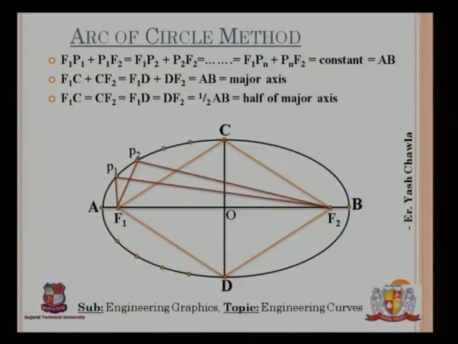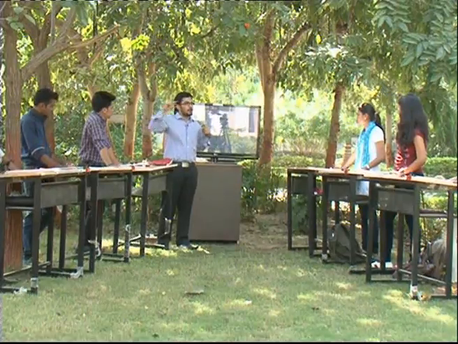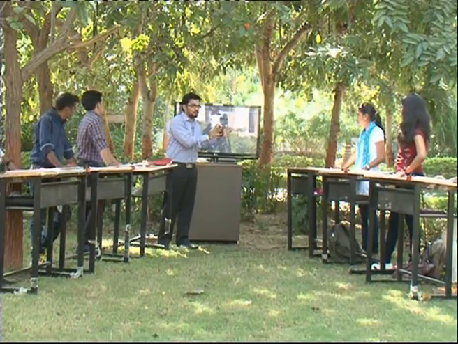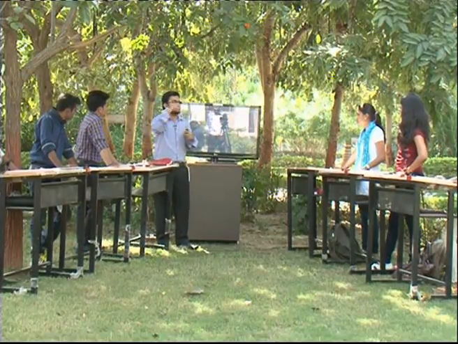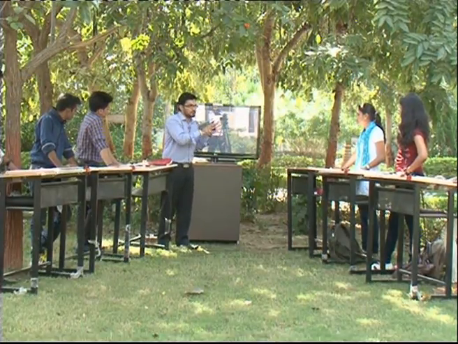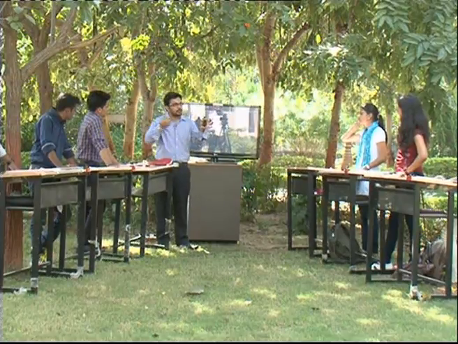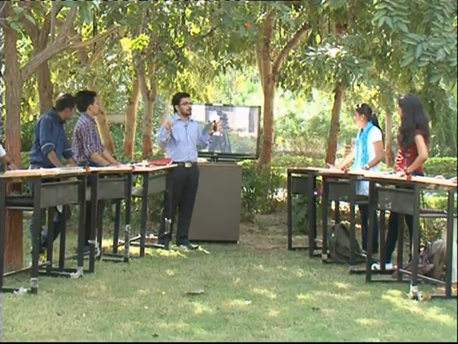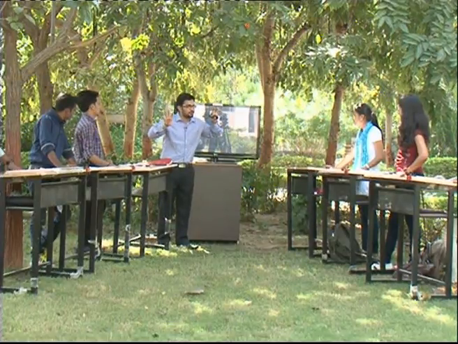So I am taking 2 points on the ellipse. Okay. Now I will measure the distance F1 to the first point P1, F2 to the first point P1, and then add both. Then I will take another point on the ellipse, again measure F1 to P2 and F2 to P2, and then add both. So both the sums should be